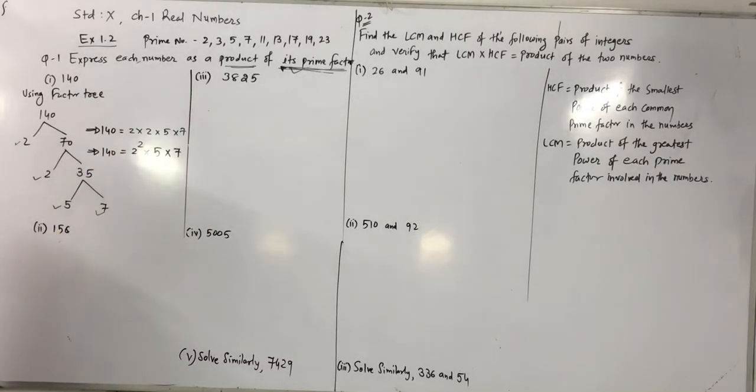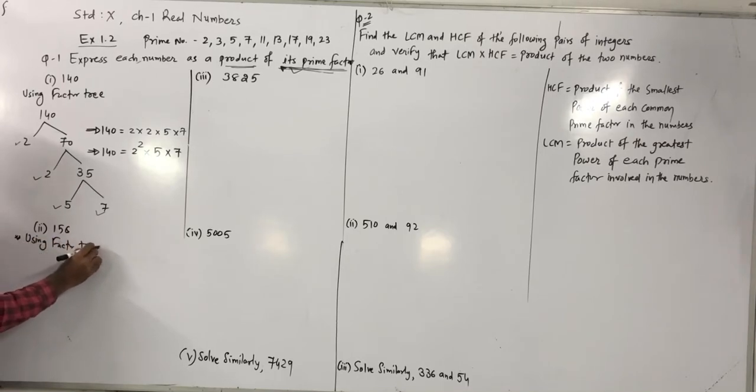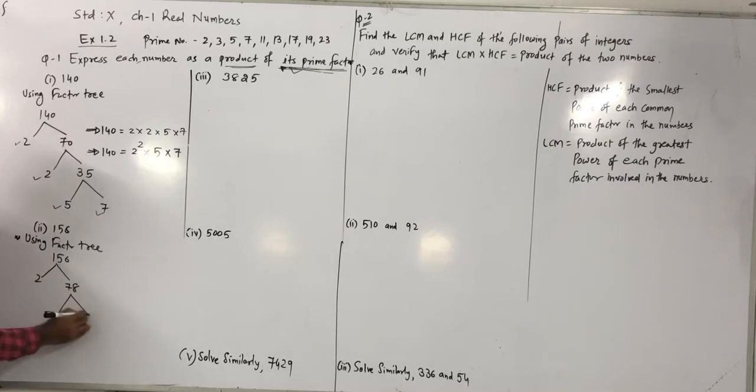Okay. Now in the same way, we have to find the prime factors of 156. We use the prime factor tree method. 156, if you divide by 2, 2 sevens are 14 and 1 is remainder, so the number becomes 16, and 2 eights are 16. So we can say 78 twos are 156. Now 78 is also divided by 2. We get 39, since 39 twos are 78.